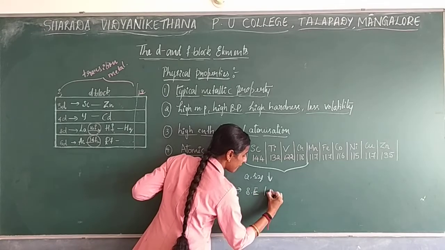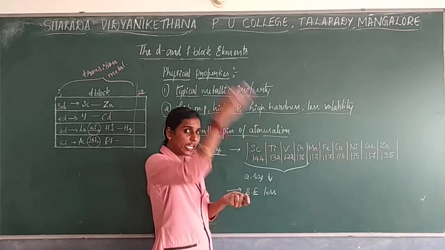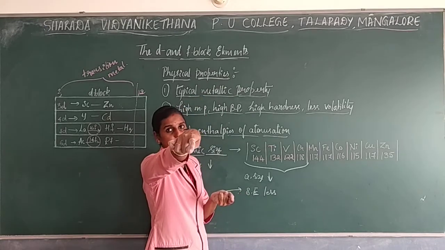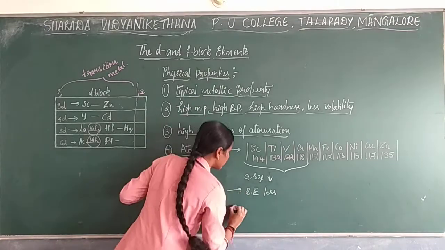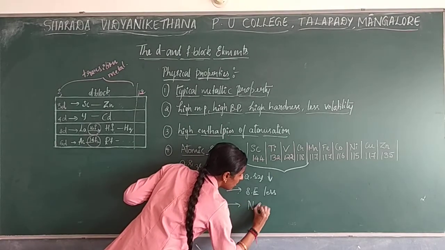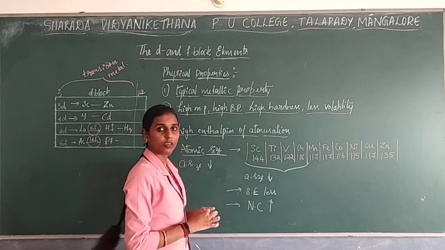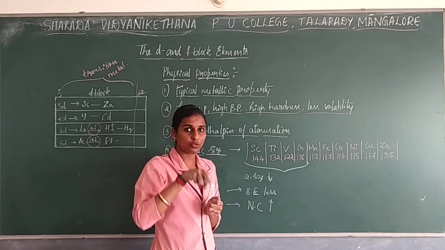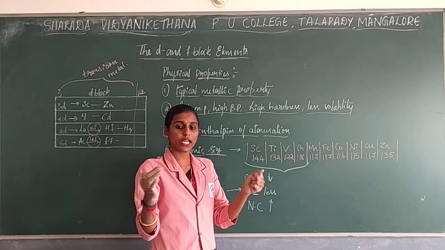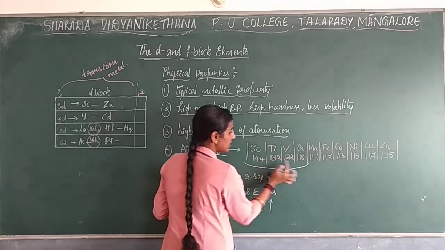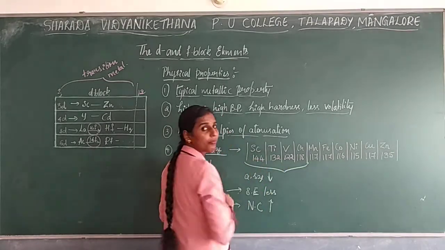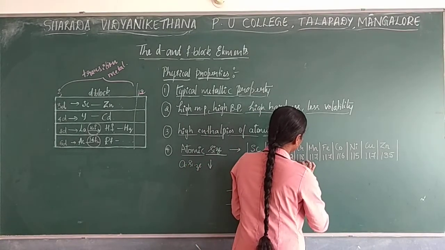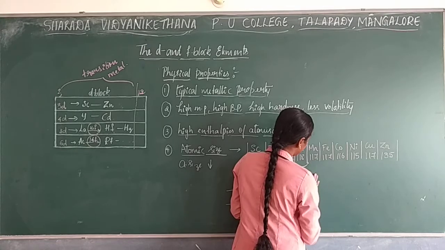Screening effect is less. So when the screening is less, the nucleus can easily hold the electrons of the outermost shell. So nuclear charge will go on increasing, the hold on the electrons will increase, and they go towards the center. So that's why atomic size will decrease. So this is happening from scandium to chromium. Next, if you check the next group, that is from chromium till